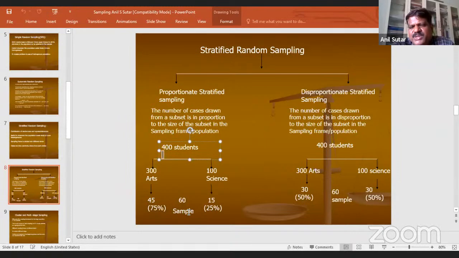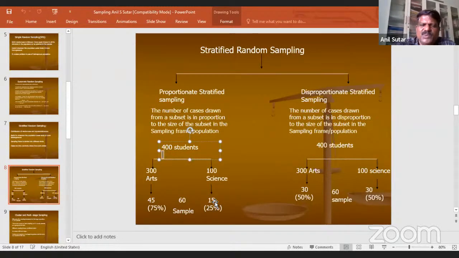That is the idea of proportionate sampling. In the case of science students, the proportion out of the total is 25%, 100 out of 400. So in your sample of 60, 25% should be science. This is the idea of proportionate stratified sampling.